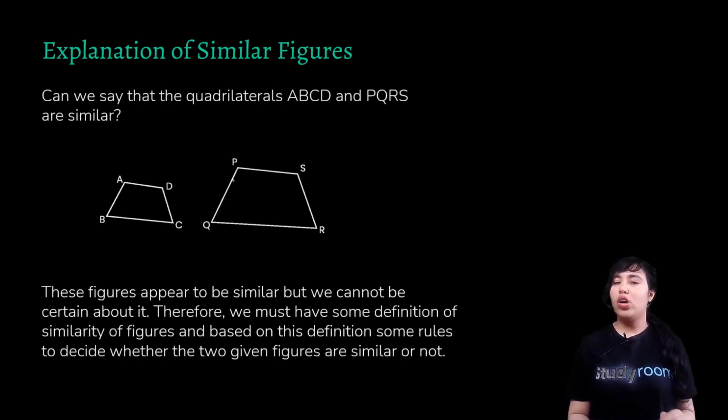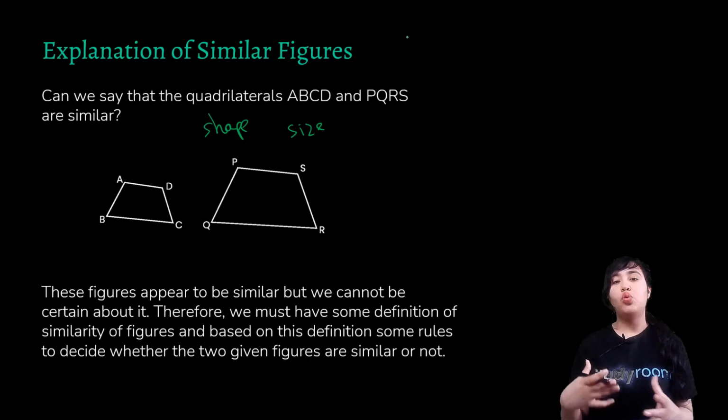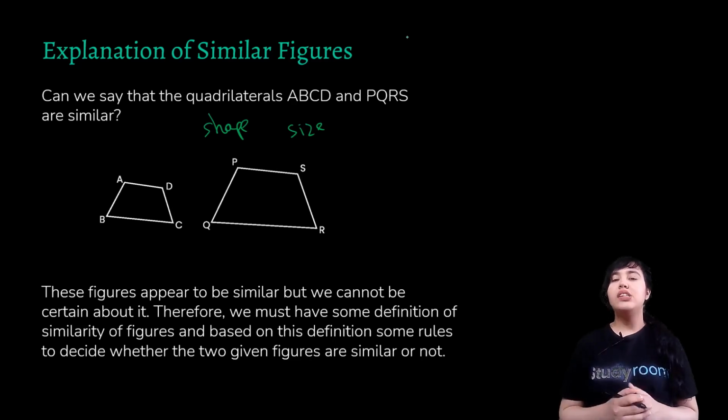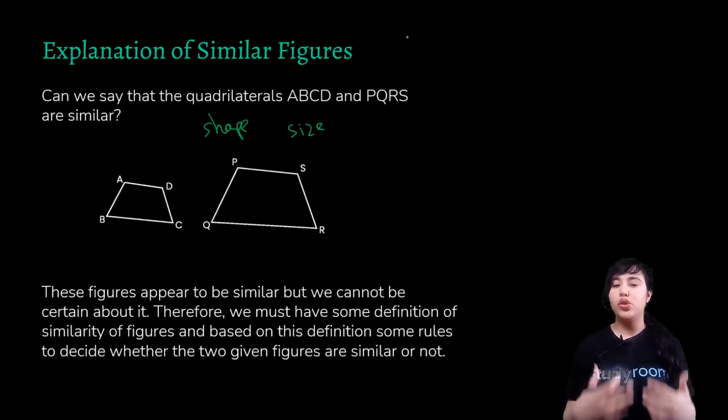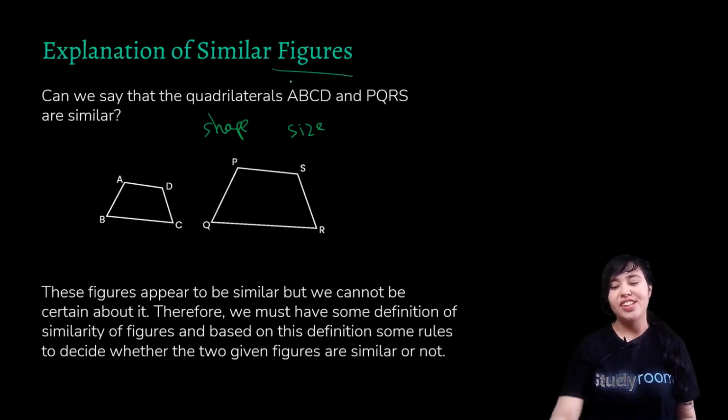So if I give you 2 quadrilaterals over here, A, B, C, D and P, Q, R, S, clearly they are having the same shape. But the size, so size-wise they do appear to be similar, but a mere visual inspection won't tell you if a pair of figures is similar or not. There are certain mathematical rules. So there's a concrete procedure by which we go ahead and make out if a figure is similar to another figure or not.